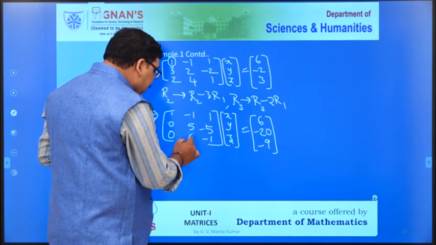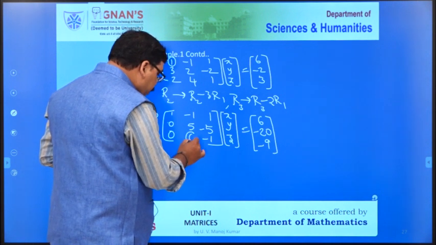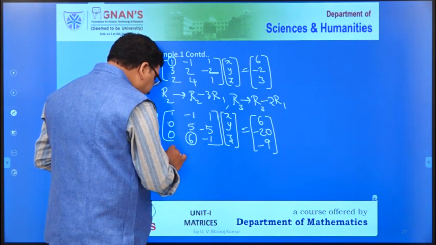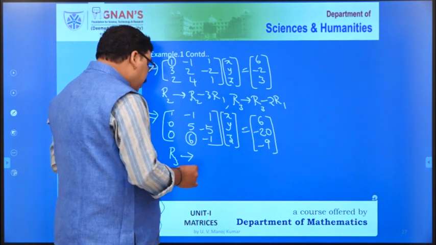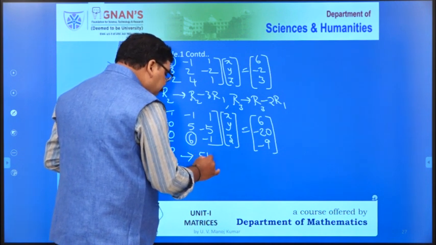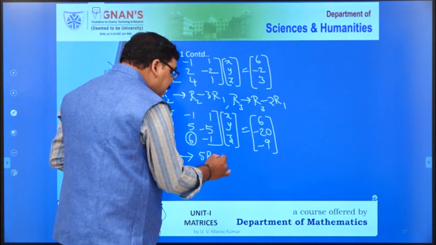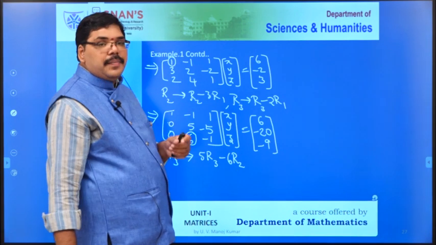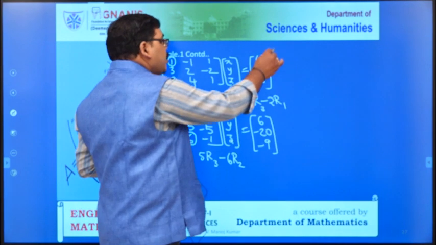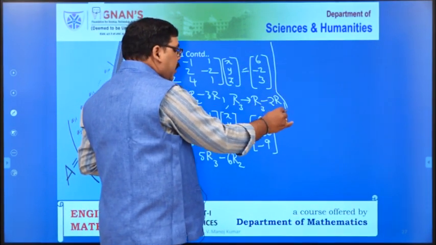We want to make this element into 0. This is in R3. So R3 changes to 5R3 minus 6R2. When I apply that row operation here,